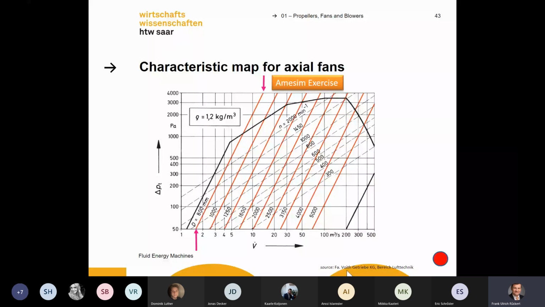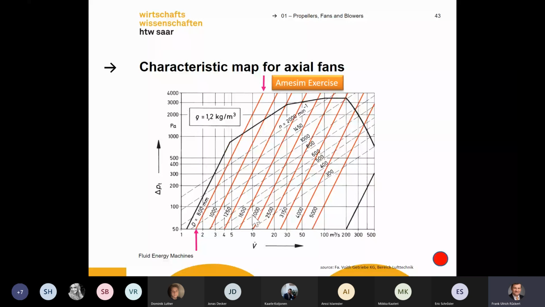And now if you want to buy a fan from the company, you have to tell them, oh, I need a big fan for maybe 100 cubic meters per second. And then they will go through this diagram. You have to tell them about pressure drop, you want to have pressure drop, it always costs money. It has something to do with costs, and then they can choose a fan. And this characteristic,